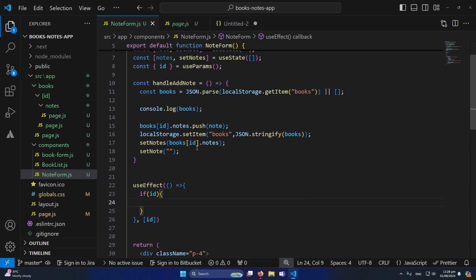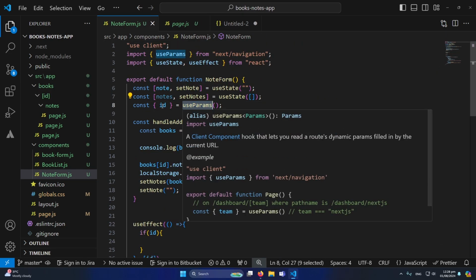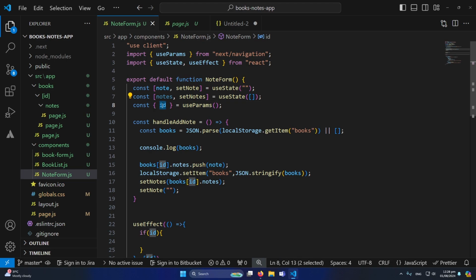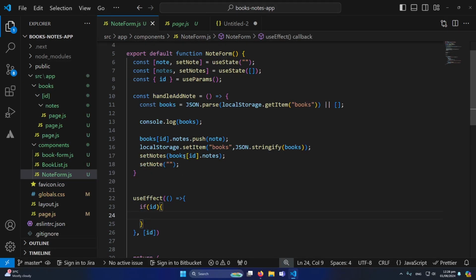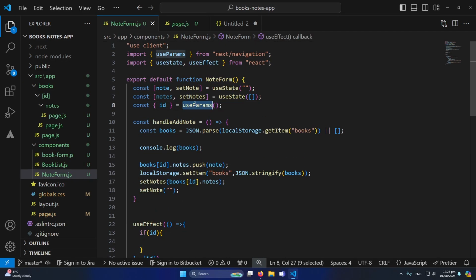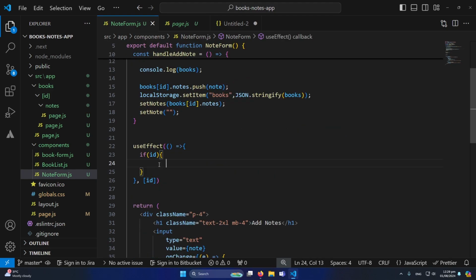And inside this I will type the simple logic. If ID, meaning the user parameter that we are trying to access, is found. If you're writing an advanced application, once you get the user params, you can validate them, checking that it is an ID and that the user does not want to insert any script. This type of strict test you can implement on this variable after getting this data to make your app more secure. And after this, if ID is found, then what we need to do, I will type const